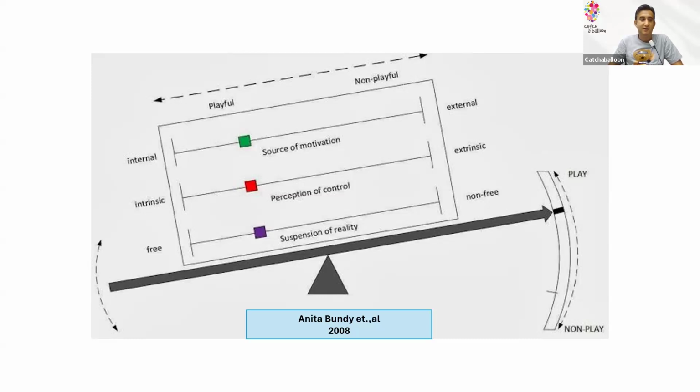It's a kind of test that is widely used among occupational therapists, mostly in United States. And this theory or model is mentioning that to understand the nature of playfulness, we need to be aware about three main factors. These three main factors are that if some activity that we are observing